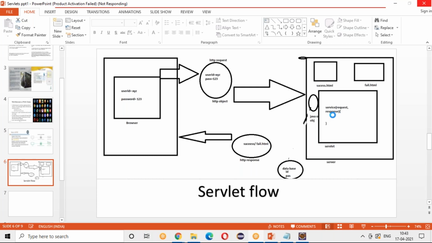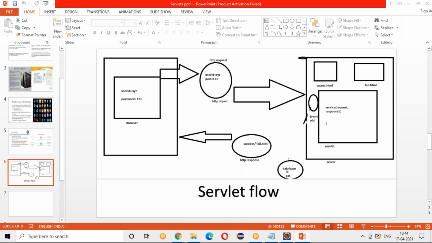But this is a method that is present in your Servlet interface. Whenever you implement your Servlet interface, you have an abstract method called service where you will be writing this logic. But when you implement GenericServlet or HttpServlet, you will not be writing the code in service. Internally, it may call your service method, that is not different, but you will be writing your code in the doGet or doPost. So what is this doGet or doPost?